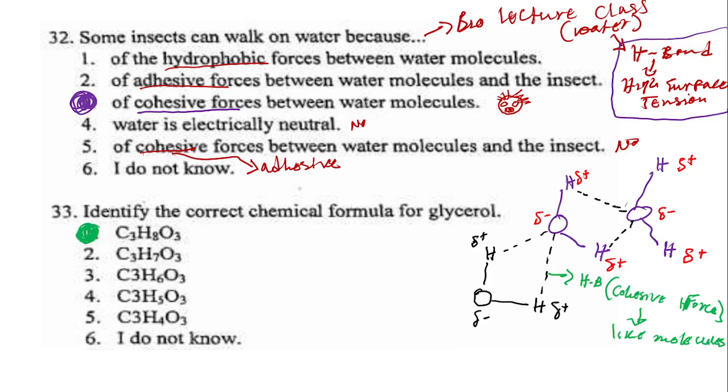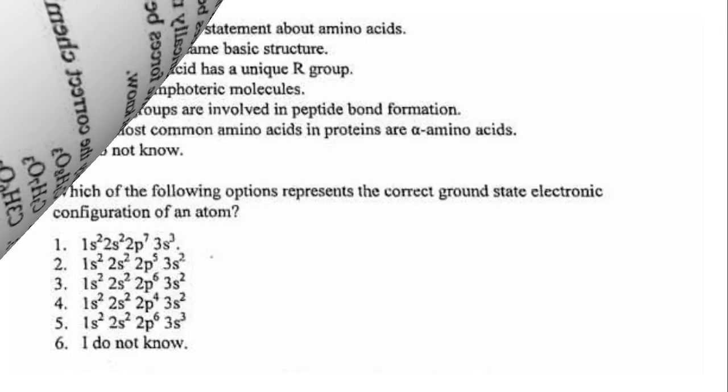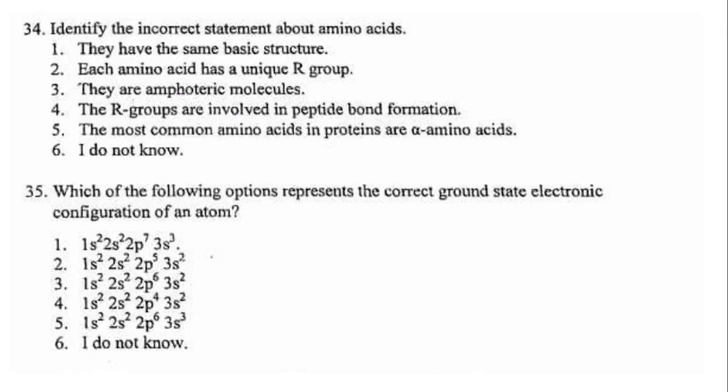Okay, with that being discussed, we can move on and look at the next one. Identify the incorrect statement about amino acids. So amino acids are just monomers